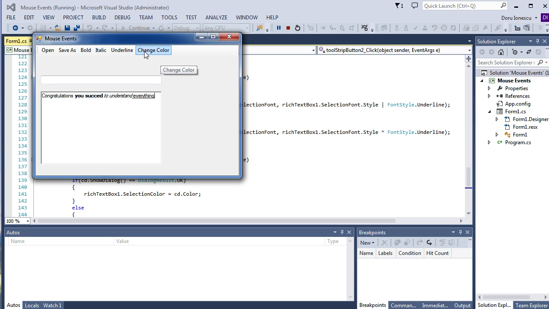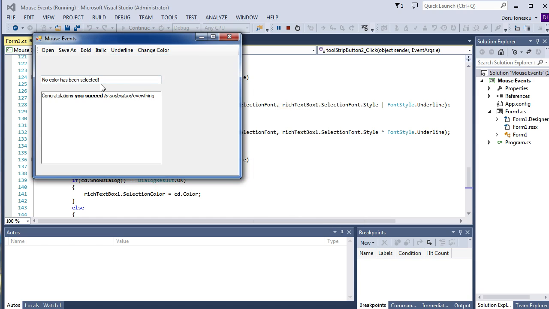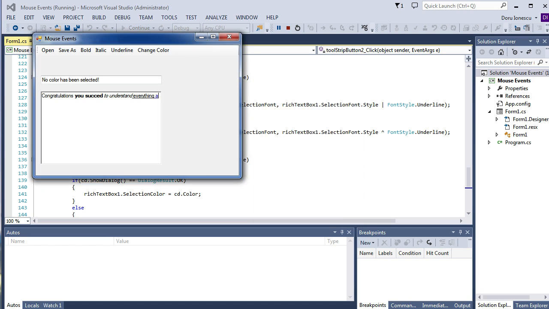So we change the color, we press cancel, no color has been selected, we change the color to blue, we write without underline,